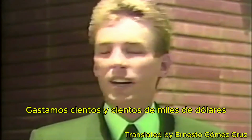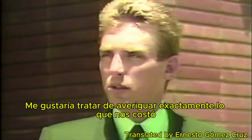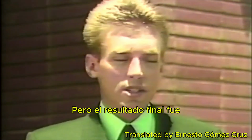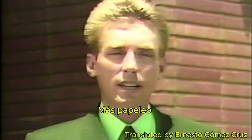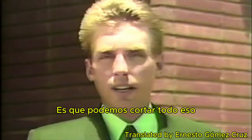We spent hundreds and hundreds of thousands of dollars. I'm sure it went up into the millions, and I wouldn't even like to try to figure out exactly what it cost us. But the final result was just more and more bureaucracy, more paperwork, and it wasn't simple. What we're finding now is that we can cut out all of that